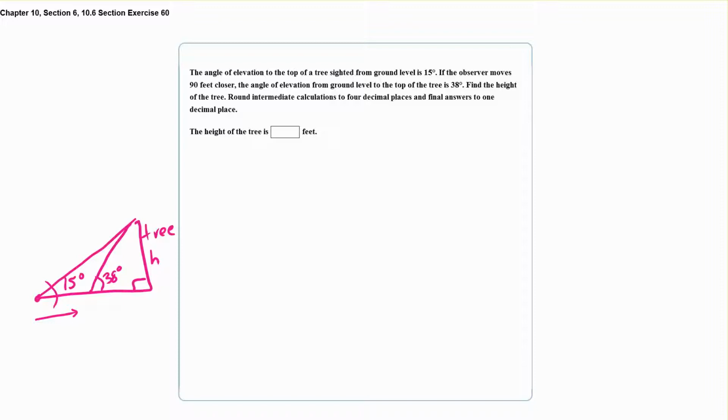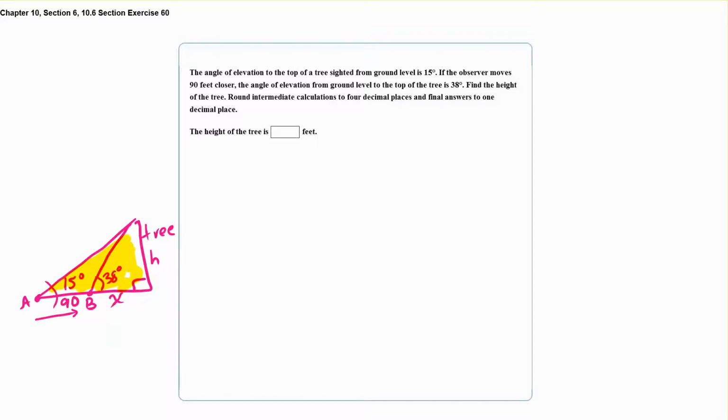Okay, so what we have here is a distance of 90 feet when the observer moved from point A to point B here. So I know that that distance is 90 feet. This distance remaining, I can say, is x. So we're going to set up a couple of trig ratios here. First, I'm going to focus on this big right triangle,